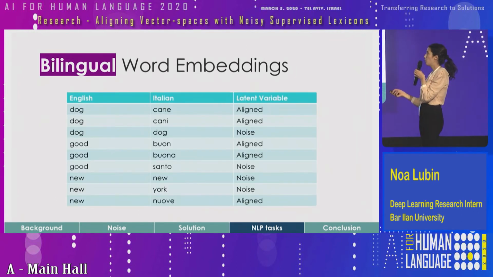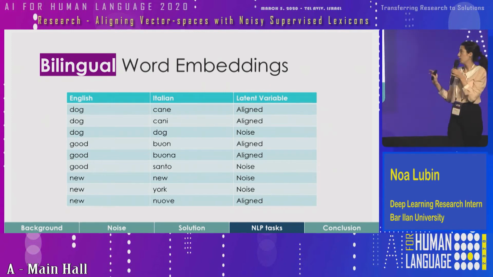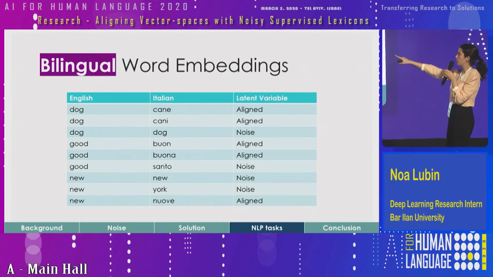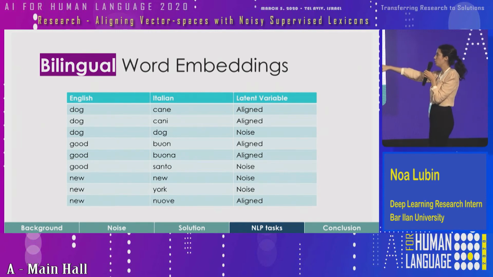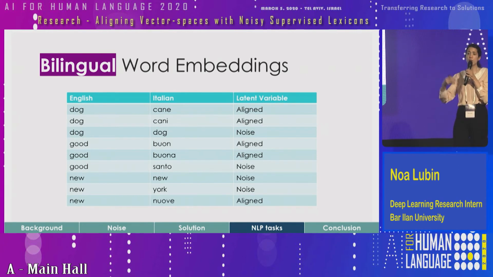For the qualitative analysis, I showed you a few examples of pairs that my algorithm classifies as noise. At the bottom, you can see what we talked about earlier, that the pairs new and new in Italian, and New York, were classified as noise. And as we all know, we don't even need to know Italian, these are incorrect translations. But the pair new nove was classified as aligned and therefore used in order to learn